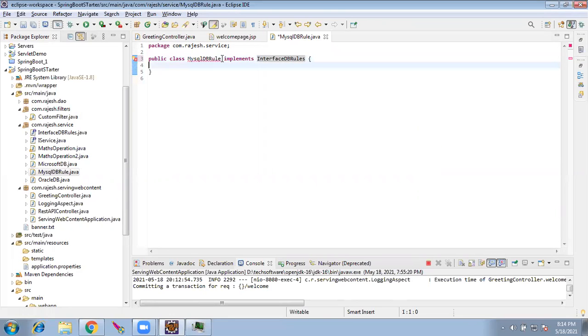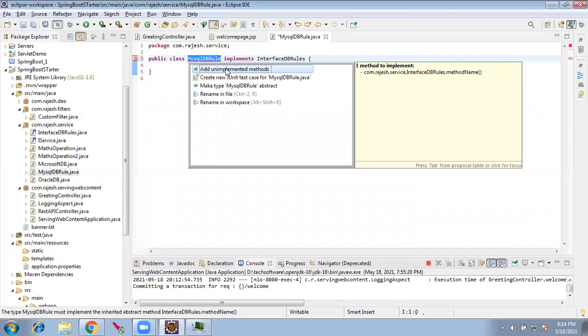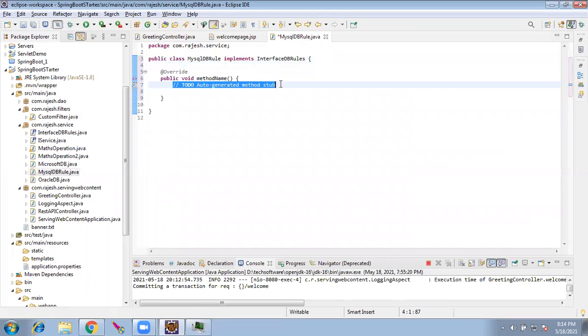Naturally I need to implement the methods in the interface. Here I can write the logic for the DB connection.